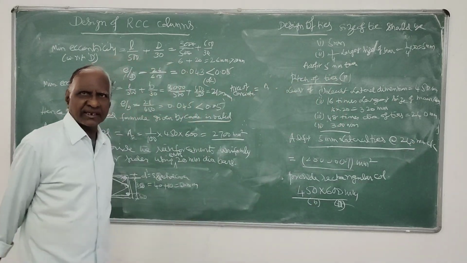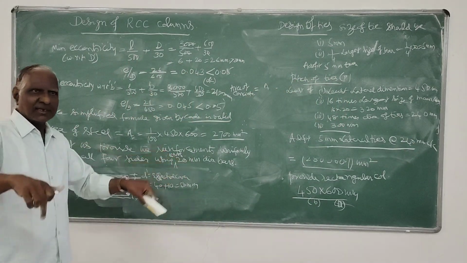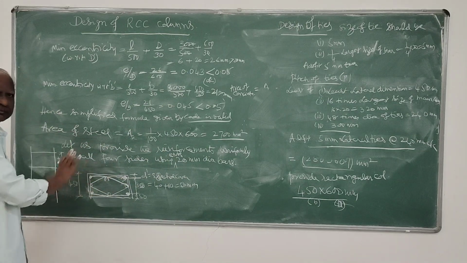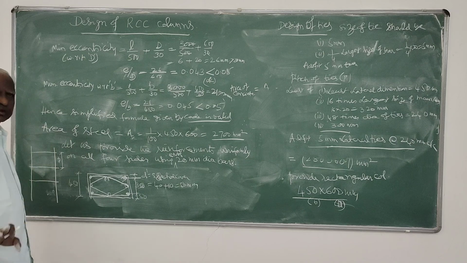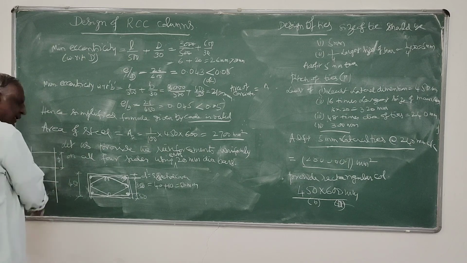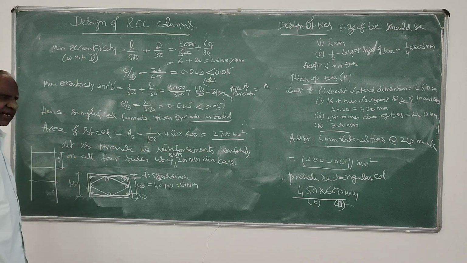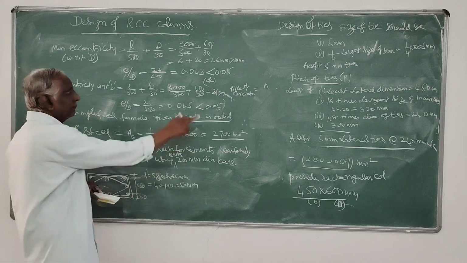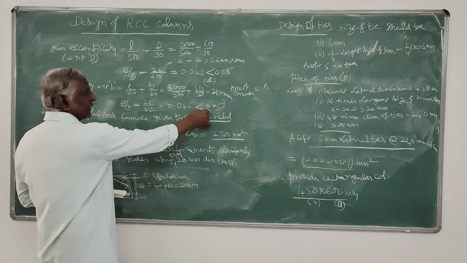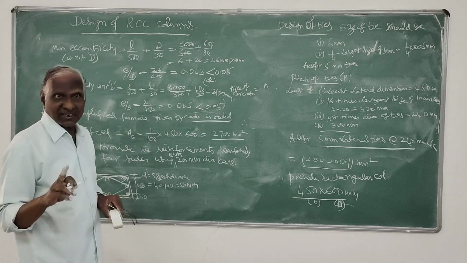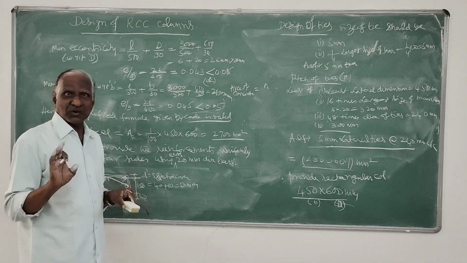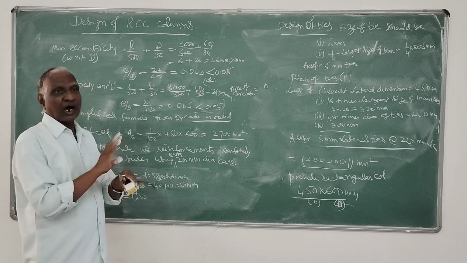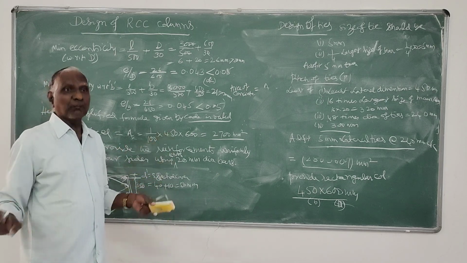So your design is completed. You have fixed the size, you have fixed the main steel, arrangement of the main steel, satisfying all those codal provisions, and lateral ties also you have designed, and you are designing it as purely axially loaded column because it satisfies this minimum eccentricity. So many things I have told, but all the specifications you have to bear in mind. We need not have to bother about any moment.